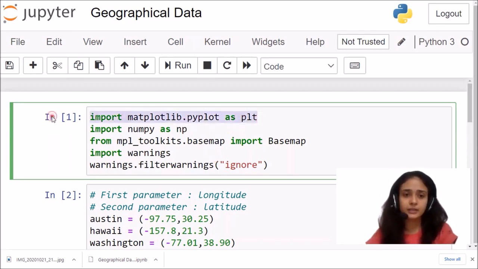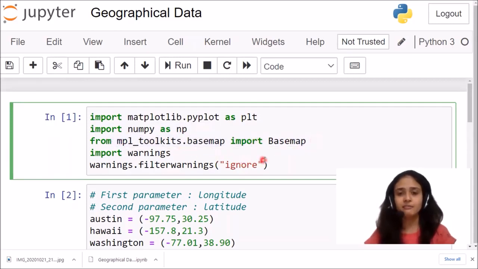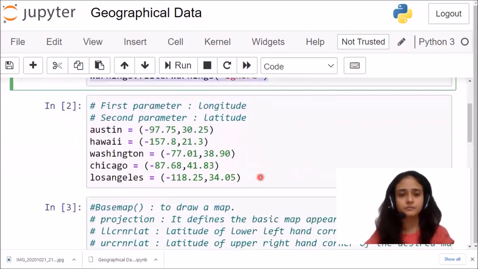We are importing the Matplotlib library, the NumPy library, and I'm importing the Basemap library from the mpl_toolkits like this. As this is a deprecated library, to ignore the warnings I'm writing import warnings and filtering the warnings.